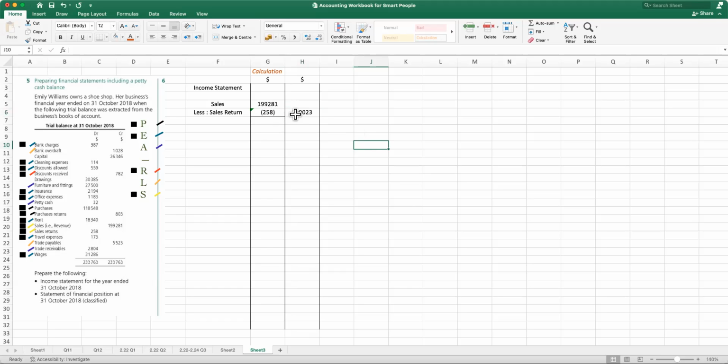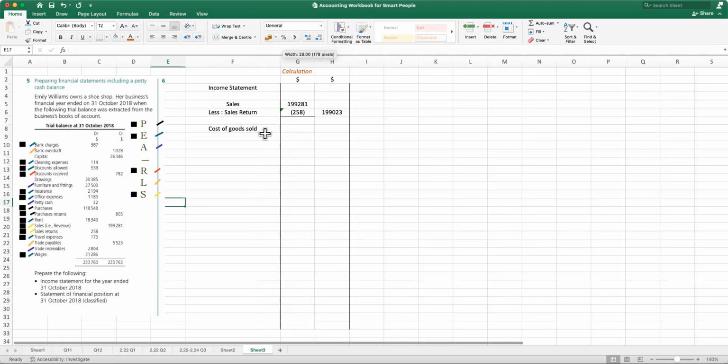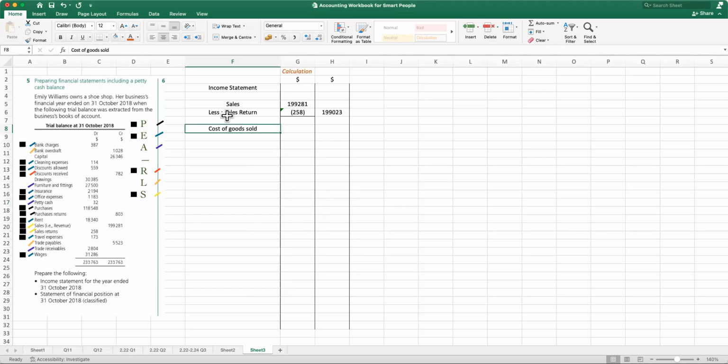Once you've got that, we need to calculate the cost of goods sold, meaning how much did we sell, or the cost of the goods sold. If you are doing a more complex one, you might need to involve your inventory. However, this is an easier version, so you do not need inventory. We're just going to use purchases here. So look again, purchases 118,548. Do we need to tweak the figure? Yes, because there is a purchases return. So we need to write in the calculation column